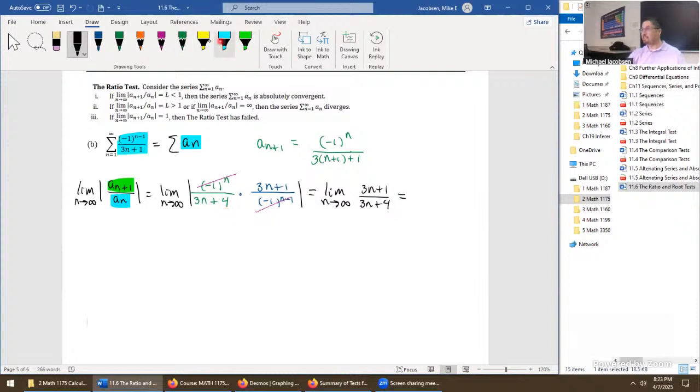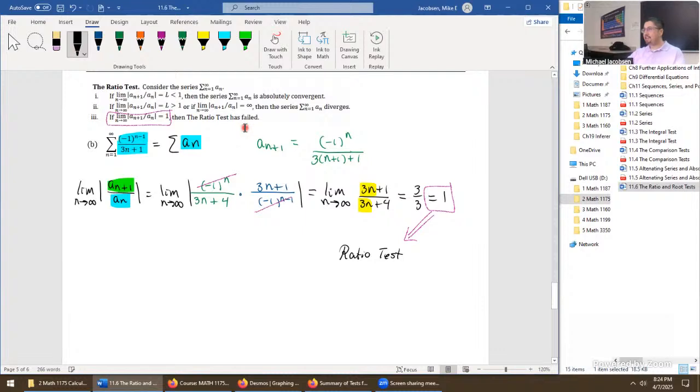But that's a fast limit, right? We have equal degree as usual for a rational function. The limit comes out as 3 over 3, which is 1. So the moment you got to this step, you might have been nervous. Things are not actually working as intended. We are in this situation. The limit has come out as 1, which means the ratio test